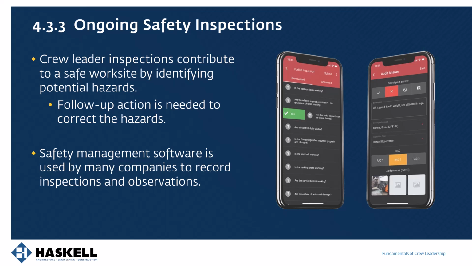Regular inspections are a key component in maintaining a safe work environment and preventing accidents. This involves performing daily or weekly checks of the work area to identify potential hazards. Identifying hazards is only the first step. The key to effective safety management is in the follow-up actions to correct these hazards. This involves addressing high-risk hazards immediately to prevent accidents, and conducting follow-up inspections to ensure that corrective actions have been